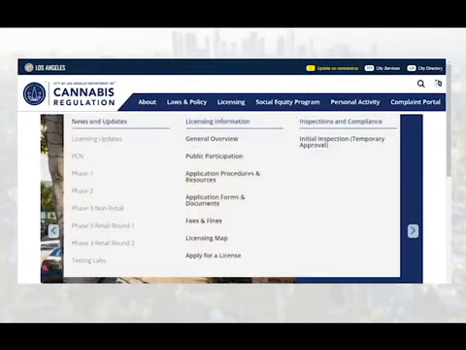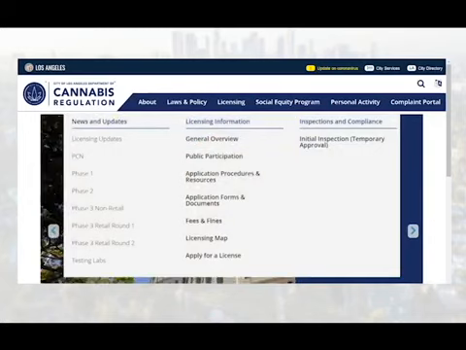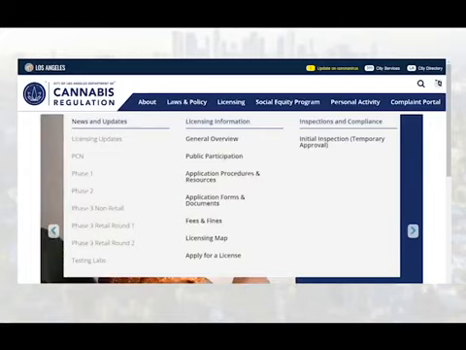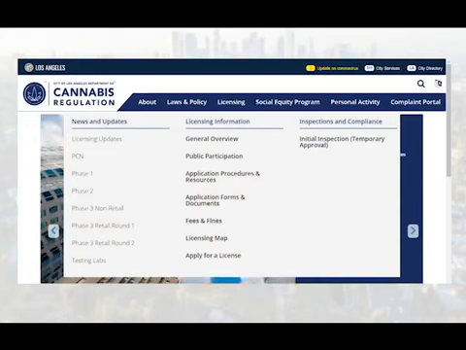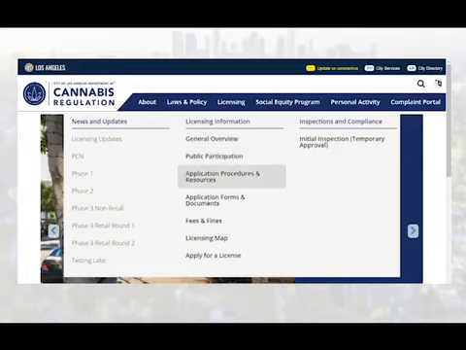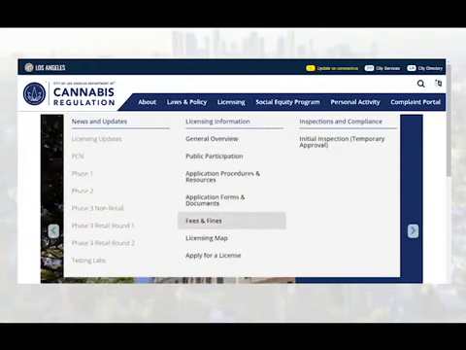I will now share information about the new licensing menu. Within this menu, DCR has established the following submenus: news and updates, licensing information, and inspections and compliance information. Now, let's review the licensing information submenu. It is here on this submenu that members of the public can find the general overview page, public participation page, application procedures and resources page, application forms and documents page, fees and fines page, our licensing map, and then apply